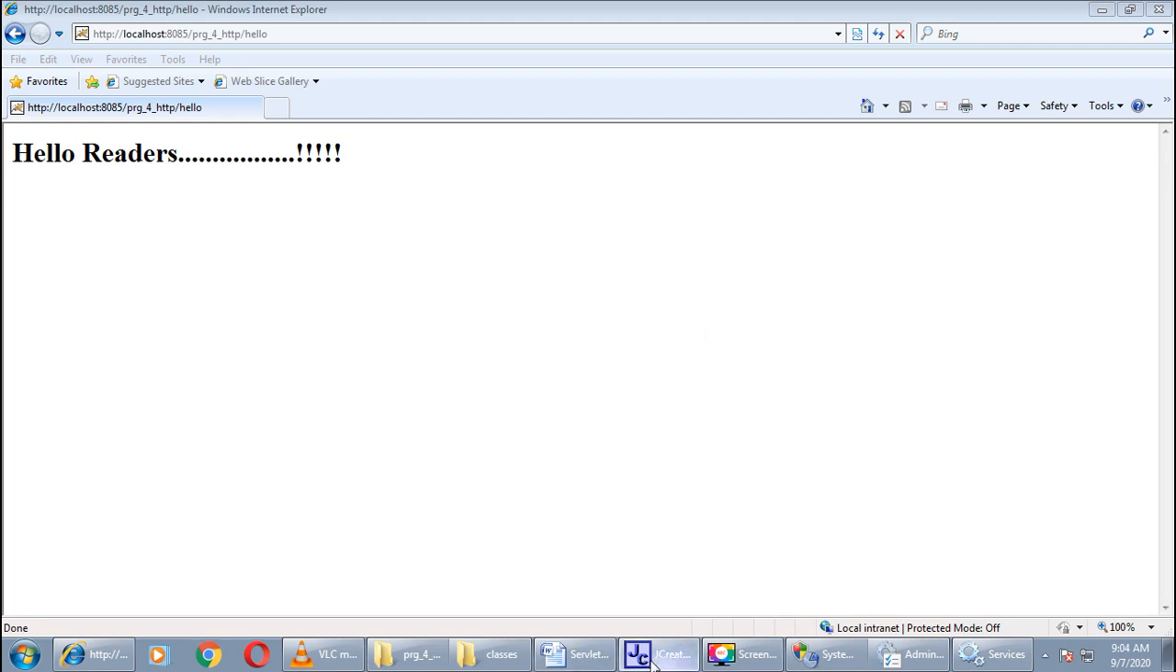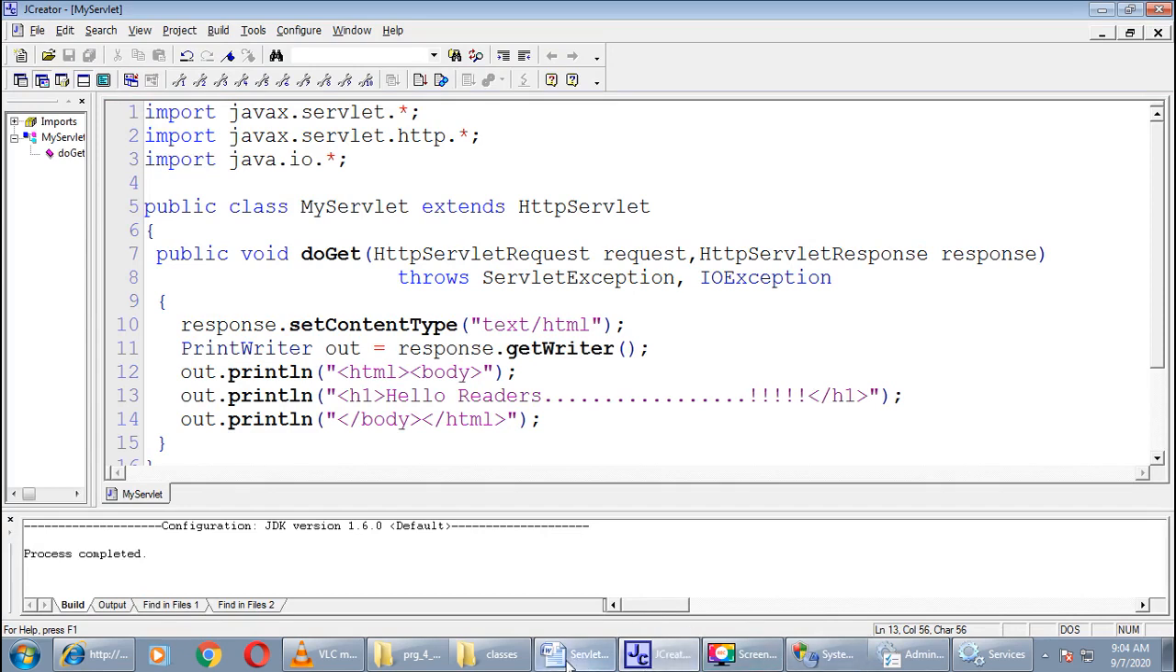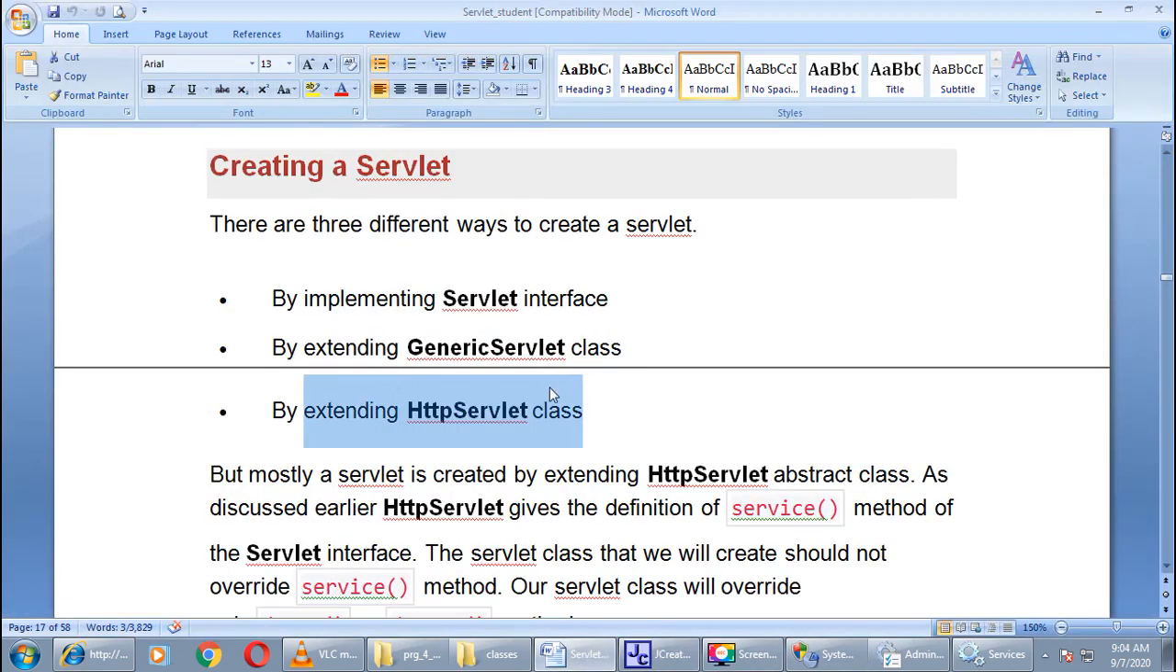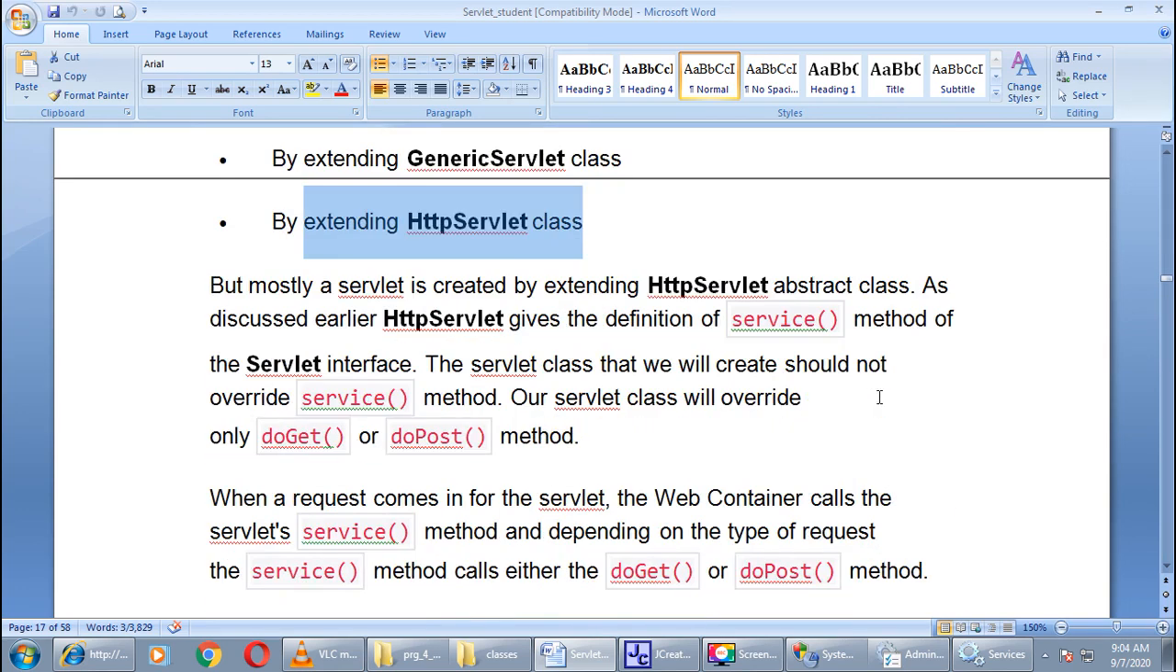So these are the three ways you can develop your servlet, but from now onwards we will prefer only the third way, that is the HttpServlet class. By extending this class we will develop all our servlets, right? And that too with the help of the NetBeans IDE, not with the help of the Tomcat server. We will run our program through the GlassFish server. Okay, so I think this much